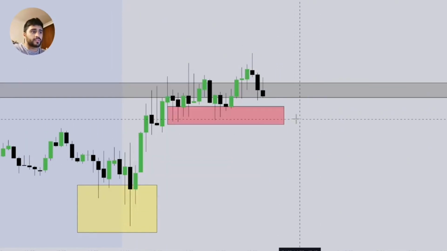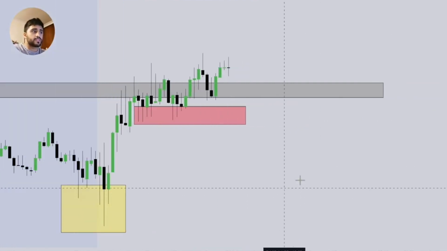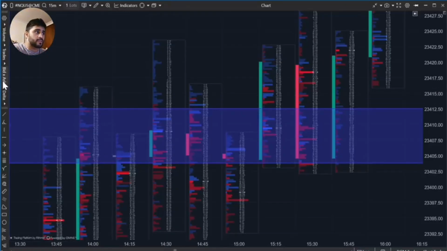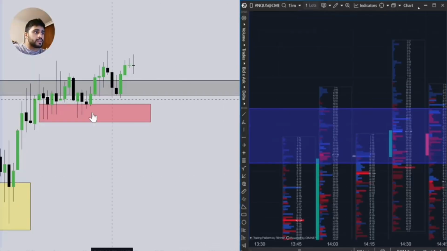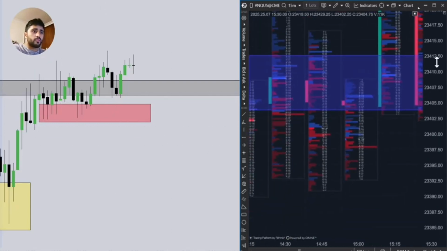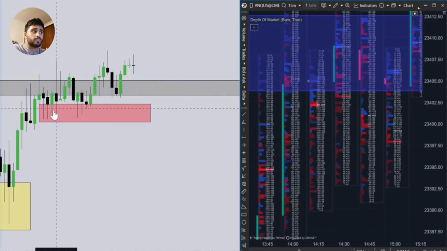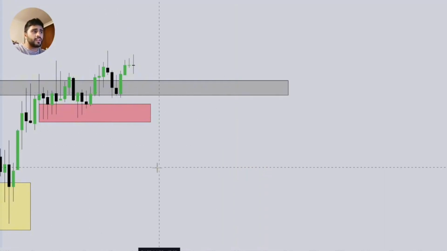I'm going to put this in red so you can see that. You saw multiple rejections in and around this region, right? So how does that tie up to what we're looking at on the ATAS footprint charts, right? So, right, this red box over here represents this entire region over here. So you can see this red box over here is full of aggressive sellers. So do you remember earlier when I spoke about the